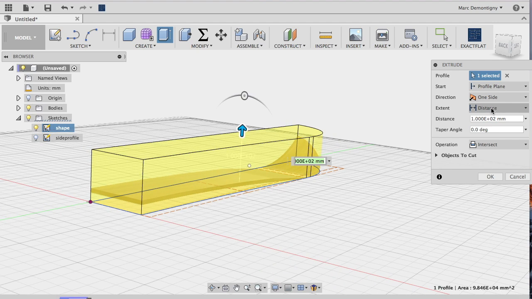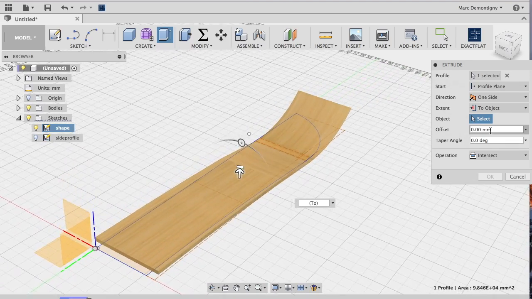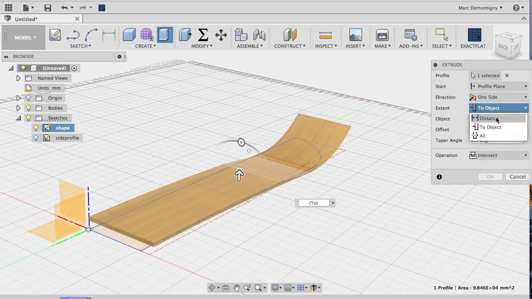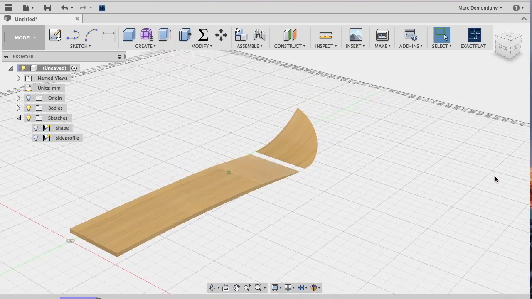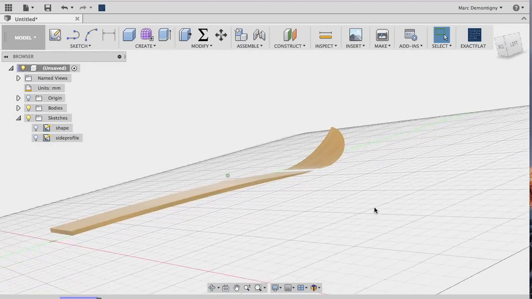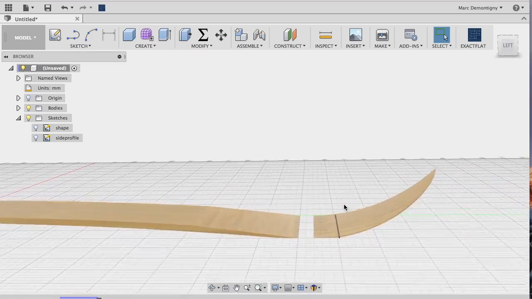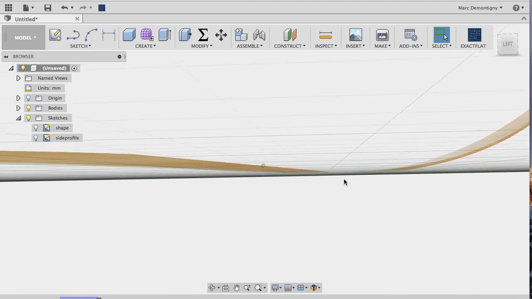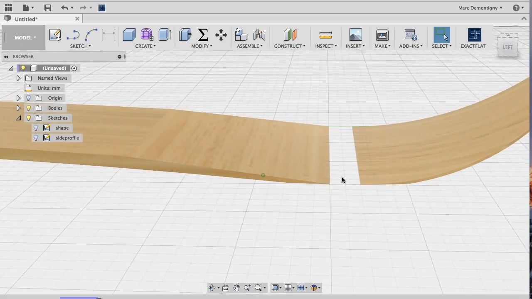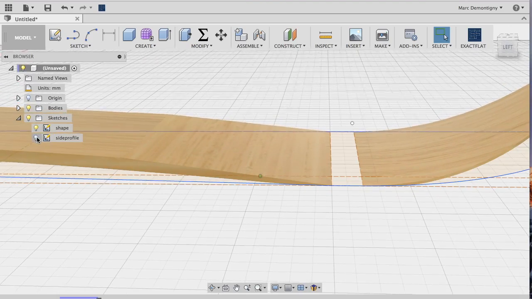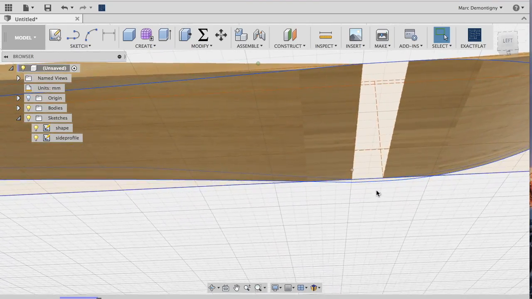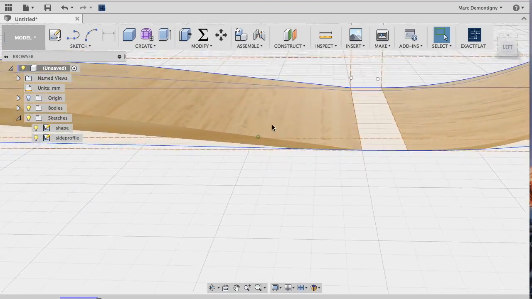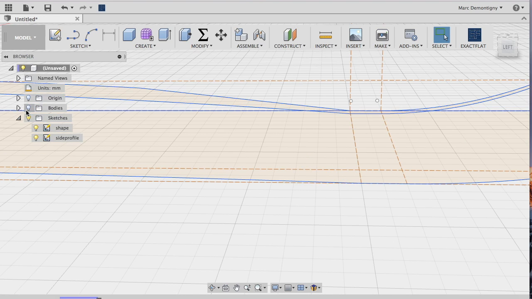So the through all didn't seem to work. Maybe to object. We'll just go distance. We'll just manually pull it up there. Okay. So we can see that the bottom didn't get caught somehow. Let's just take a look at the sketch and see why that happened. Okay. So what we want to do is